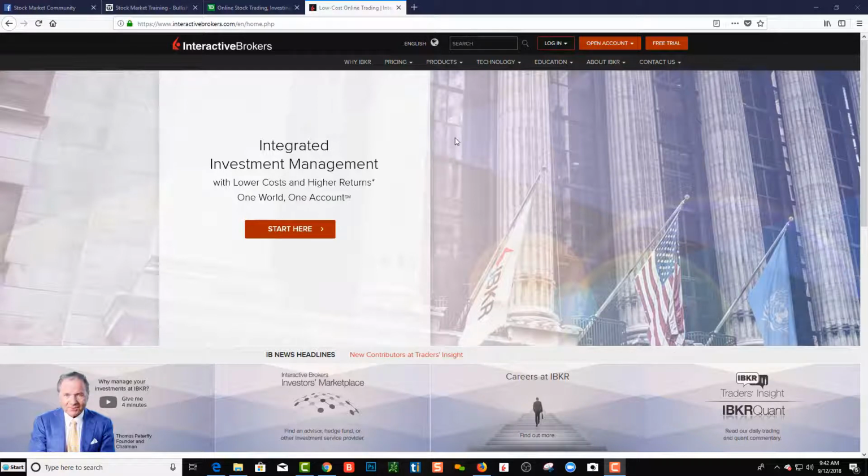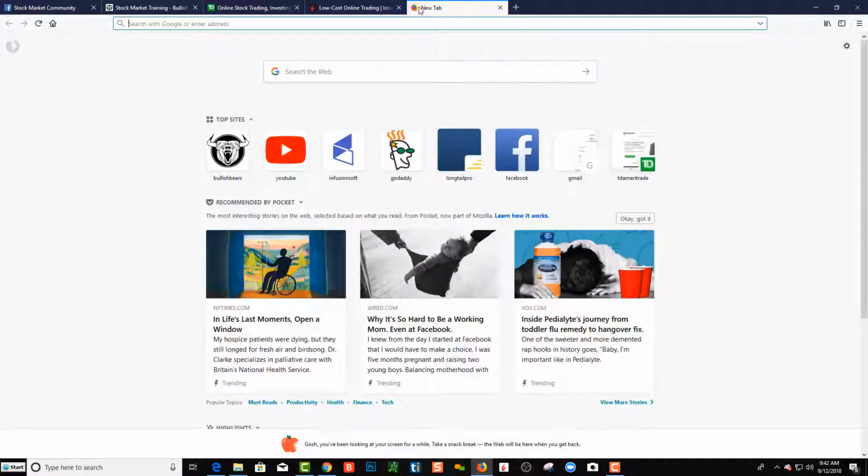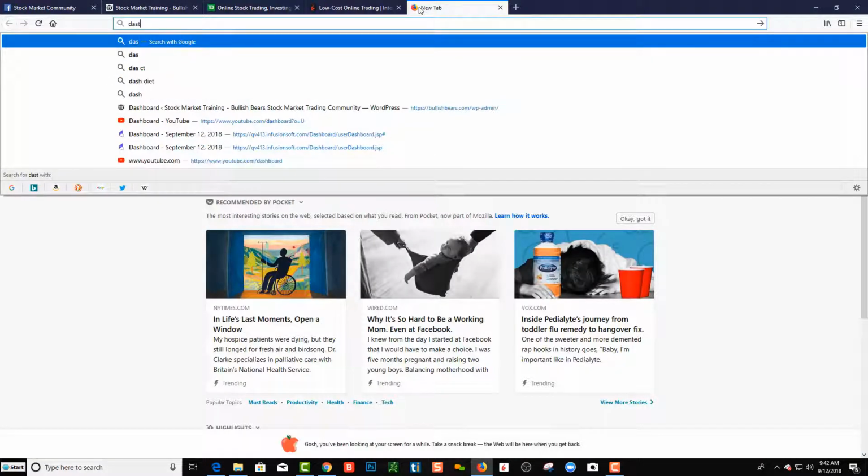So again, there's a lot of other brokers out there as well, like E-Trade and Fidelity. DOS Trader. So DOS Trader is another good one. So if you want to go up here and type in DOS Trader,